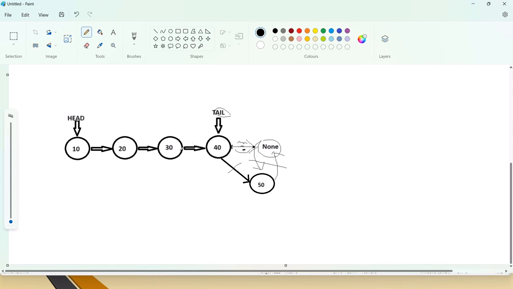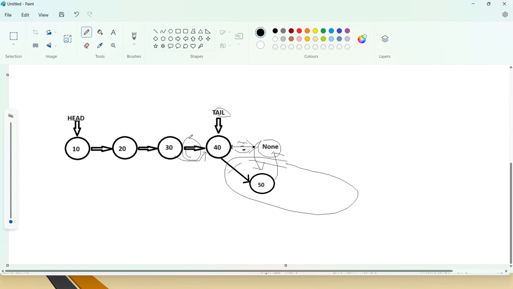So in order to get to this node, we are very clear what we have to do: we assign the tail pointer to 40, then this node's next will be None, and we return this 50, and it will be done. Till there it is fine. But now there is a connection from here to here, and this connection needs to be set up. So in order to get to this node,